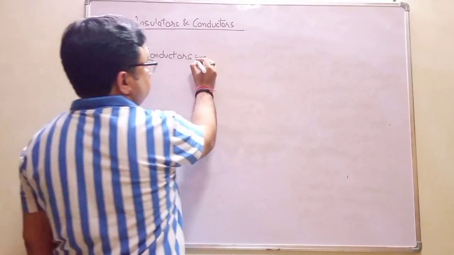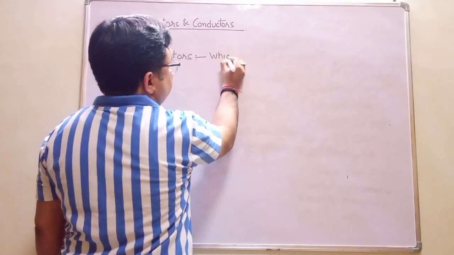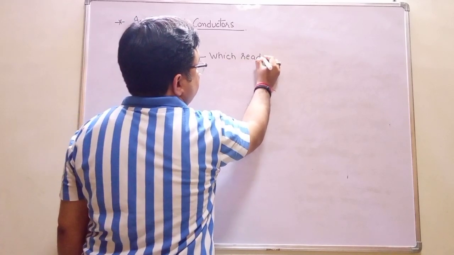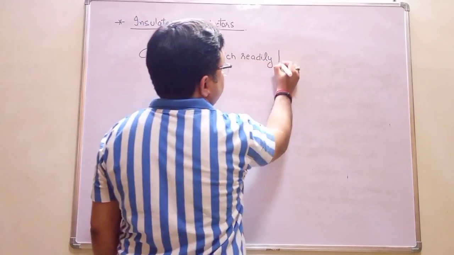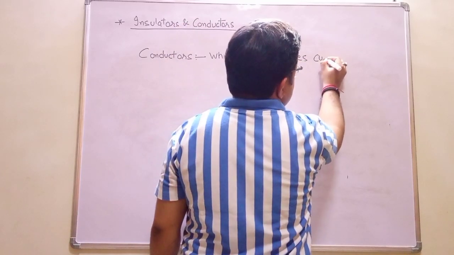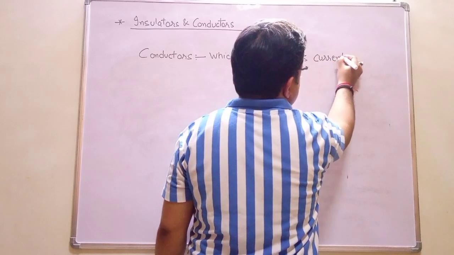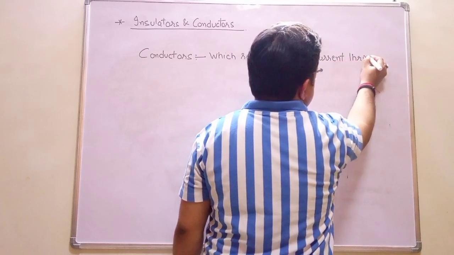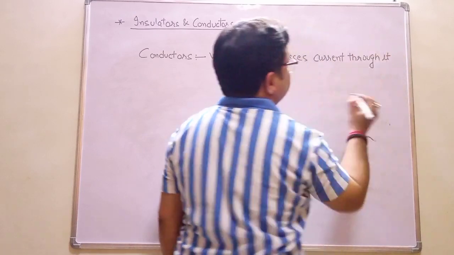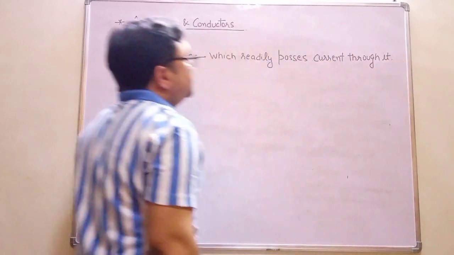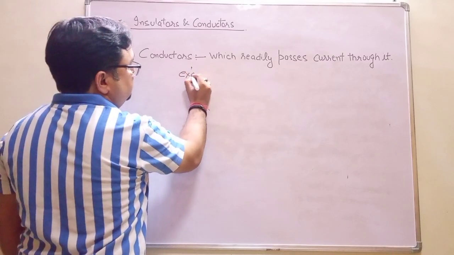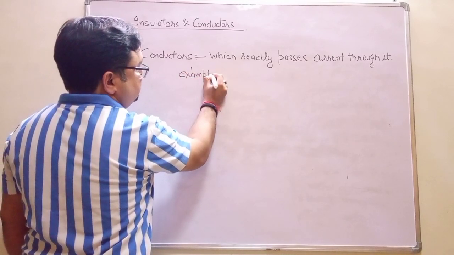Conductors: these are the substances which readily pass current through it. For example, like all the metals,